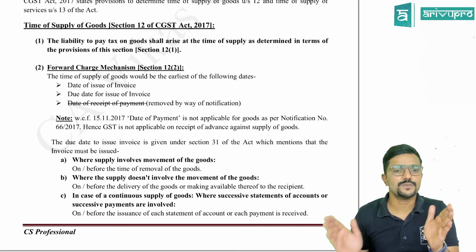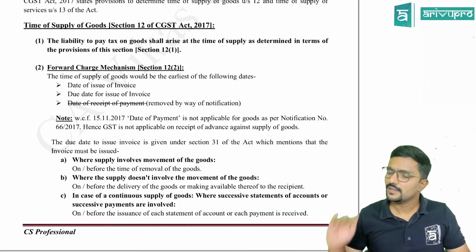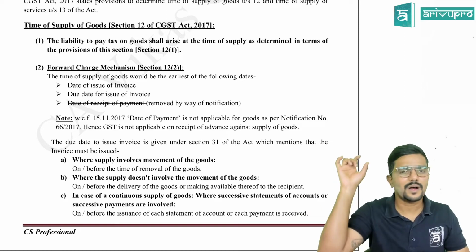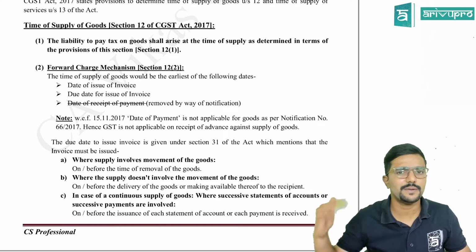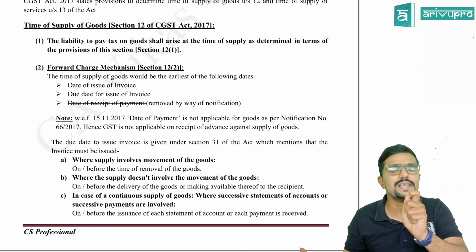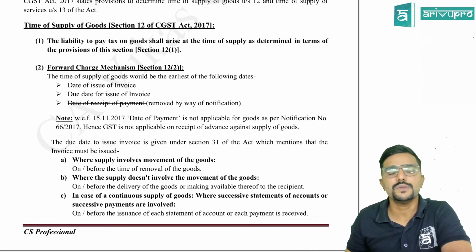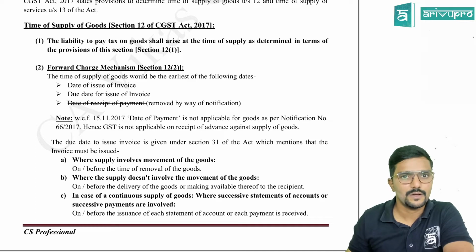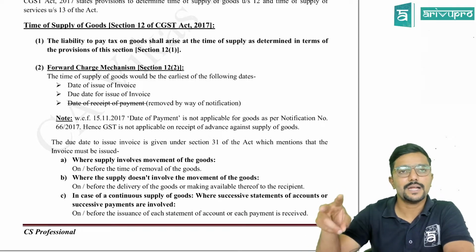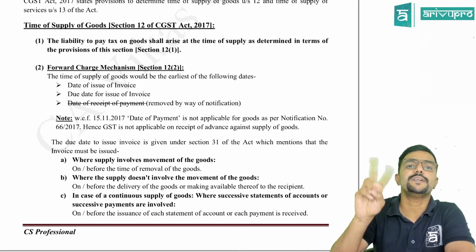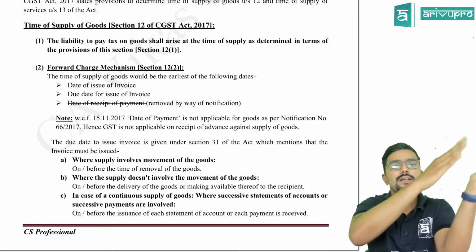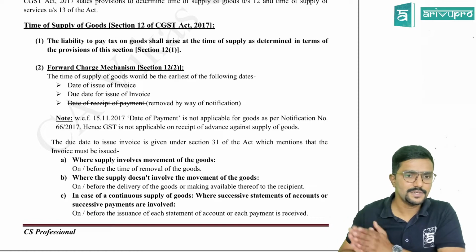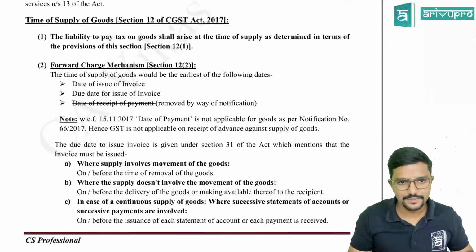Only 12 and 13. 12 talks about goods. There are totally 6 subsections. 13 also talks about services. There also there are 6 subsections. Order is same to same. Sequence is same to same. Only slight differences are there. What are those? We will see. First, we will understand 12. Then we will go to 13, guys. And when I am doing section number 13, I will also explain the difference: what we have learnt in 12 and what is given here. I will be covering that. Clear? Yes, guys.